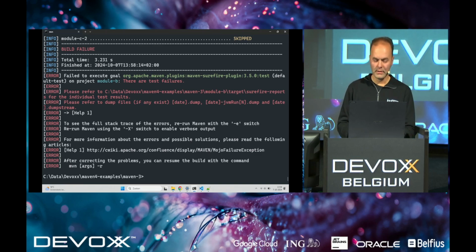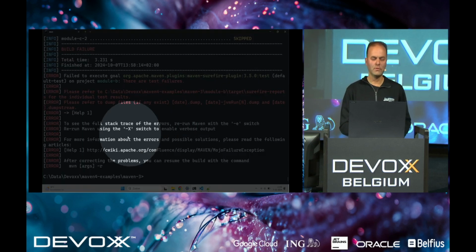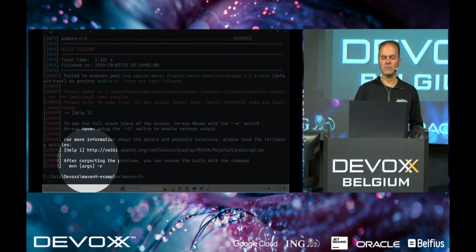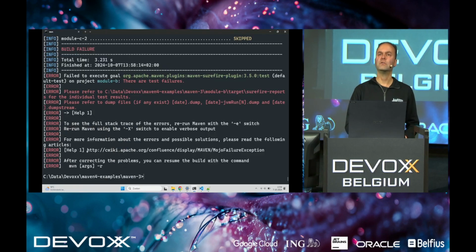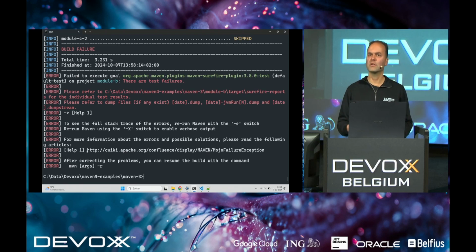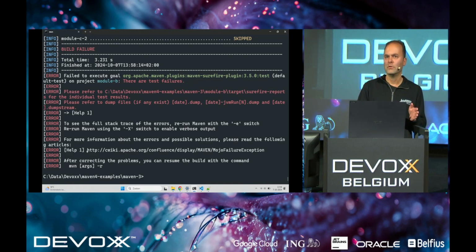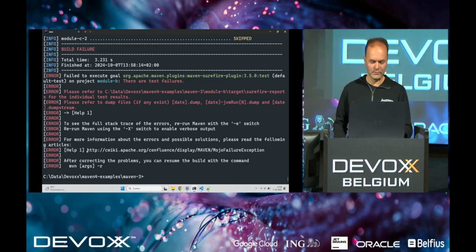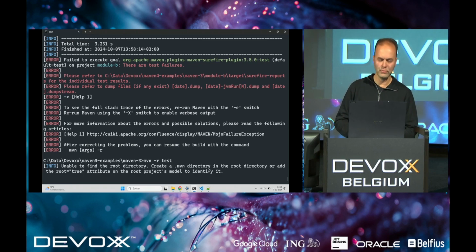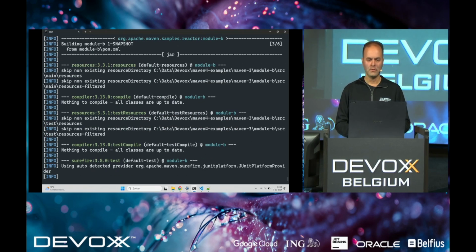Still fails. Now there's another thing I want to highlight that changed, which is that Maven no longer says resume from module B, but it says resume, or -r for short, which is a way of Maven trying to help you. I know where the build failed, and you probably want to resume from that exact point on. So you don't have to tell me anymore. I've remembered. It's okay. So let's try if Maven this time lives up to the promise, and just say